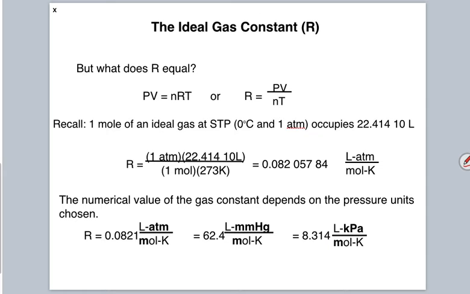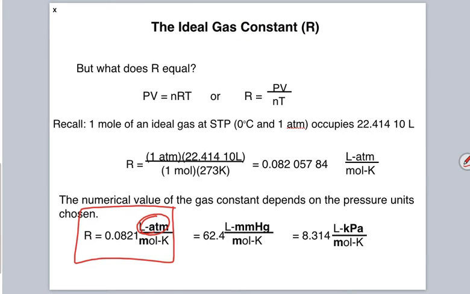But before we can get into those practice problems, we've got to talk about what is R. So R is that gas constant. What we think about is, what would be the value for R of any gas at standard temperature and pressure? Well, 1 mole of any gas at STP occupies 22.4 liters. And so if we're talking about the value for that gas constant when the pressure is in atmospheres, we would use